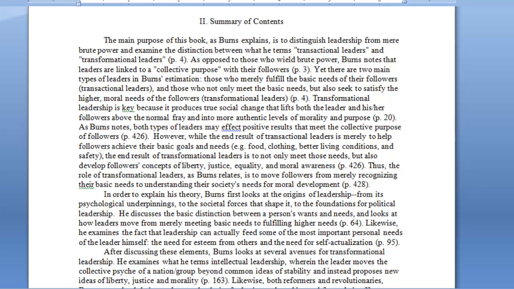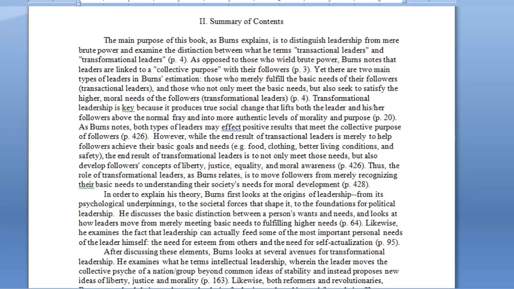The gist is that James MacGregor Burns is trying to make a very new argument about the fact that there are these leaders who merely exist to transact business, so to speak, with their followers. They do things to try to get responses that they want out of their followers. And then on the flip side, there are these transformational leaders who truly try to transform their followers to bring